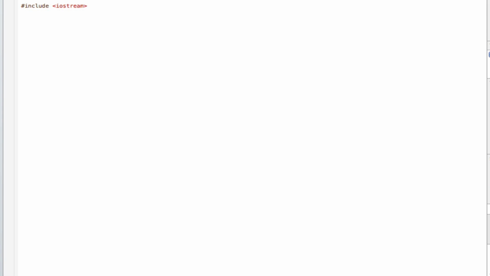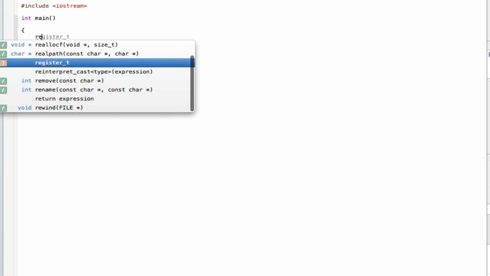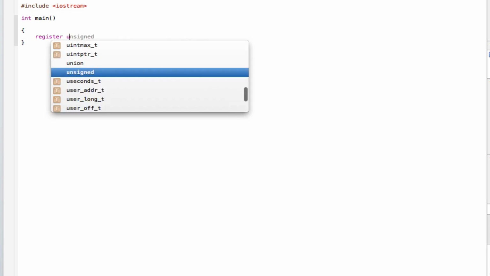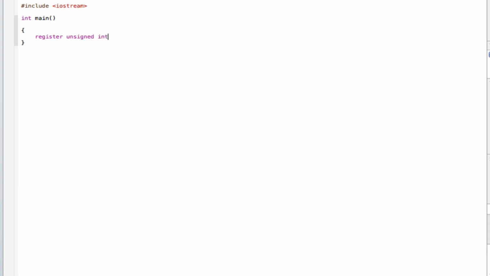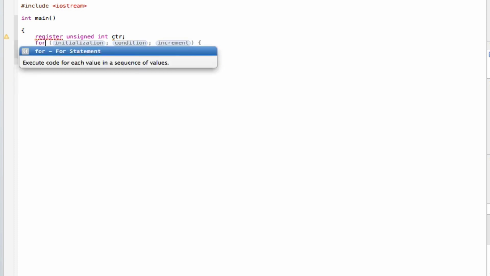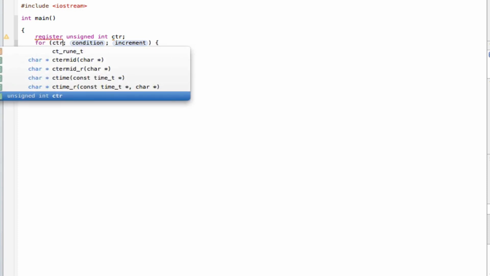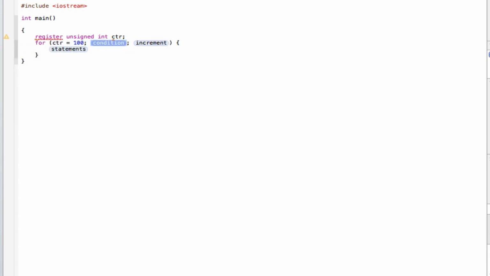Okay, so now if I say int main, register unsigned int ctr, close that off, have a for statement, initialization ctr equals 100, condition can be ctr less than 500, and increment this to about, just say plus 50, eliminate this and eliminate one of those,